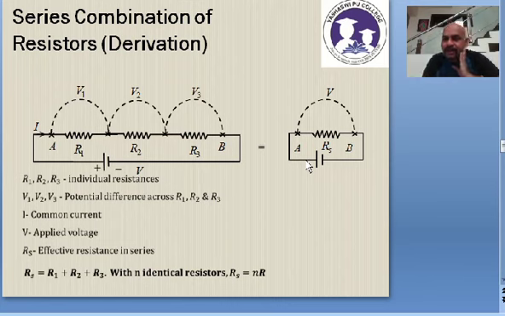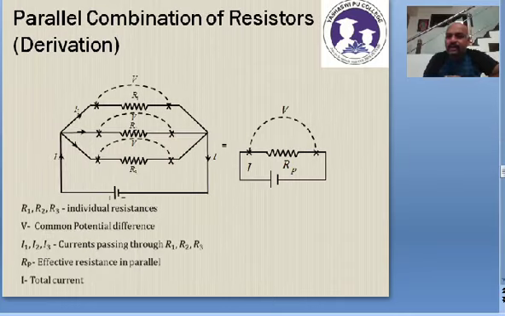Now starting with the second condition, you can arrive at the equation for RS. RS is equal to R1 plus R2 plus R3 if there are 3 resistors, and it goes on for n number of resistors. Now moving further, notice here students, here we have got 3 resistors, again R1, R2, R3, but